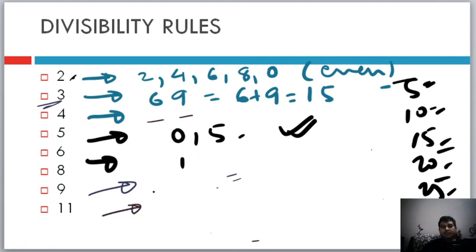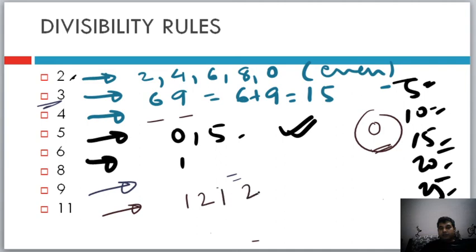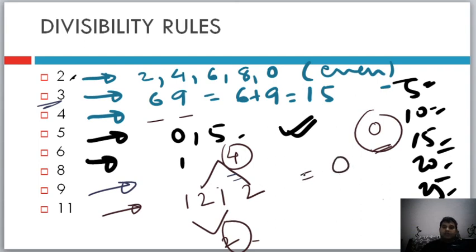10 का divisibility नहीं बता रहा हूँ, because any number which has a 0, only that number will be divisible by 10, otherwise it will not be. So it's simple. For 11, lay the number out. For example, the number is 1212. Now add the digits in the odd places and add the digits in the even places. The sum of one set of digits is 2, and the sum of the other is 4. So the difference between these two has to be either 0 or divisible by 11, then the number will be divisible by 11.